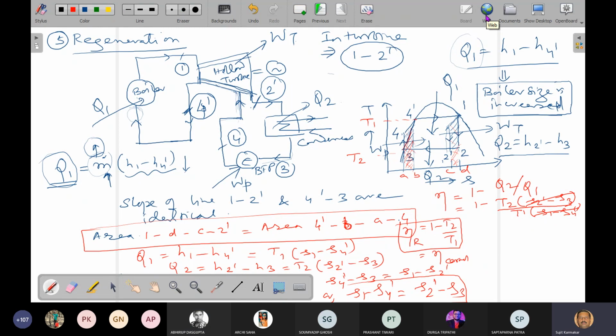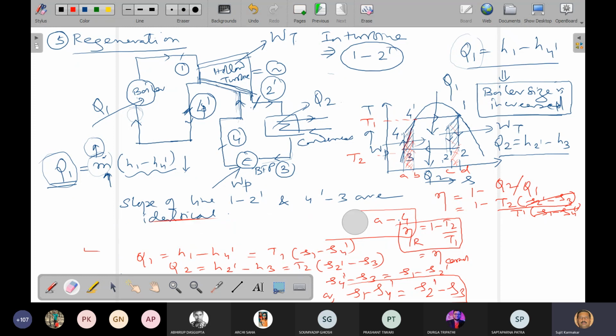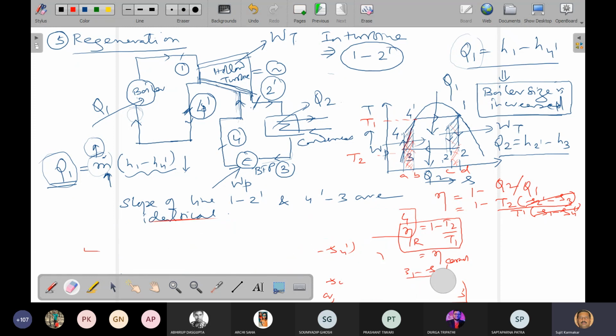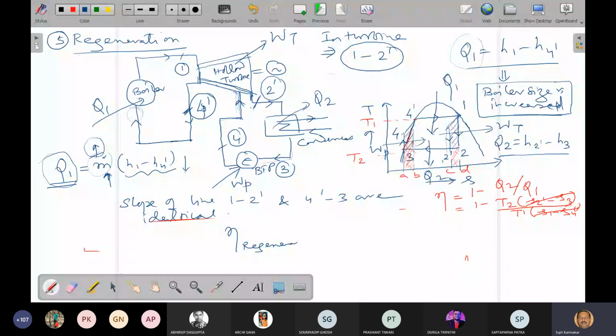So I think it is better to write it somewhere here. I will erase this portion and write it in a fresh fashion, since here it may be confusing. So the efficiency of the regenerative cycle should be equal to 1 minus T2 by T1, that should be equal to the efficiency of the Carnot cycle. So that's why many times we write this way: